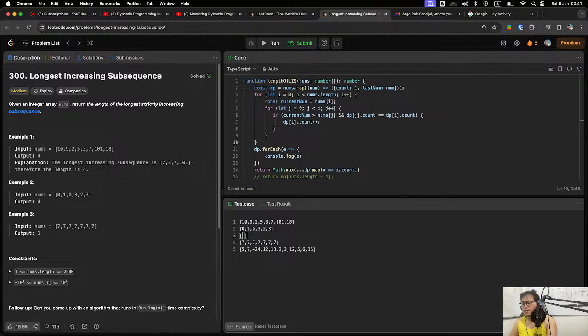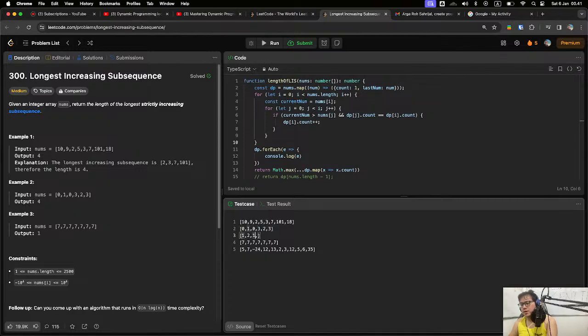So here, the first element is 1, the longest increasing subsequence. The second element is 2. Now when we calculate here, we check whether 0 is larger than 0. No, actually not. Whether 0 is larger than 1. No, it's actually not. So initially we know that the longest subsequence here is 1. Remember, we initialize all the elements to have a longest subsequence of length 1. Now we move to the next element, which is 3.